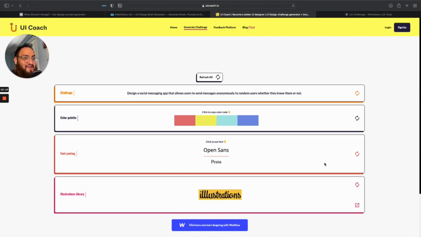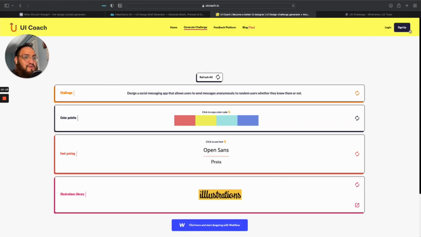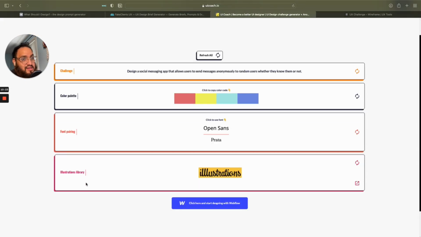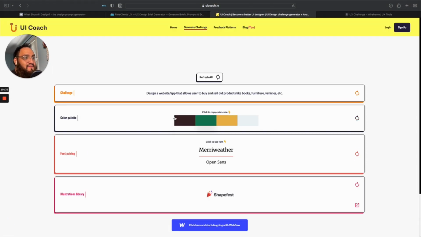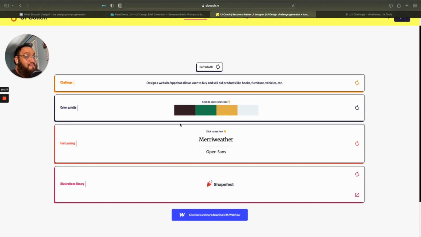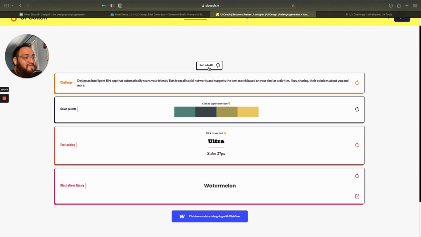And I really enjoy this. This is called Uicoach. Very simple. It does prompt you to log in. I don't have accounts for these because I like to just sort of go on these when I'm having a creative block, find prompts that I really enjoy, and then I just save them, clip them to my Notion and save them for later. Or even if I enjoy a color palette, sometimes I'm flipping through these and maybe I don't have time. I'm just flipping through these really fast, very irresponsibly, or just flipping through the color palettes, and I realize, man, this color palette right here I really like. Maybe I'll just